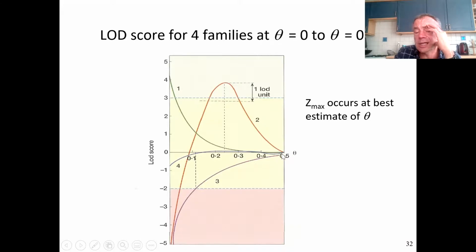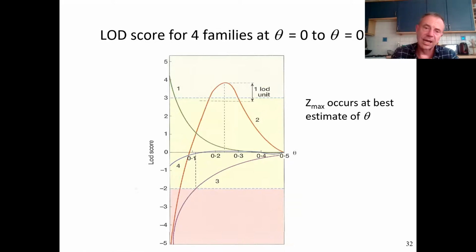Also, if the log score is negative, then there's no evidence in favor of linkage. But if you want to say what range you can exclude linkage over, how close together are you pretty sure that the disease and marker are not? There, traditionally, you take a range of -2, and you say that any range that has a log score of less than -2, then the two loci are at least that far apart. So there's a log score of 3 to declare linkage is present, and a log score of -2 to declare